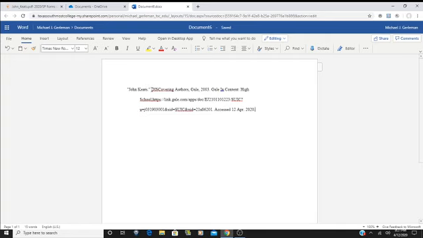Now, I need to make sure that my containers of information, which are the names of the databases, like Discovering Authors and Gale Context and Context High School, are in italics, okay? That's what your works cited, your citation, is going to look like. And then if you use this, since there's no author, just use the word in quotation marks with parentheses around it. Always put the period after the parentheses.